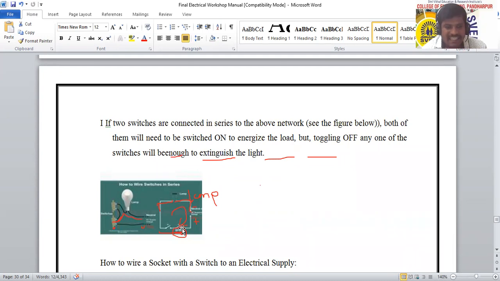So this is series मध्ये connect केले. That means if the two switches are in series, while activating the bulb or while activating the load, we required both switch, it may be at a closed position. जे काय both switch असतील दोन्ही switch close पाहिजे. But while deactivating the bulb, any one of the switch it can be open, then bulb it will get deactivated or bulb will not glow. Okay, or it has off position.